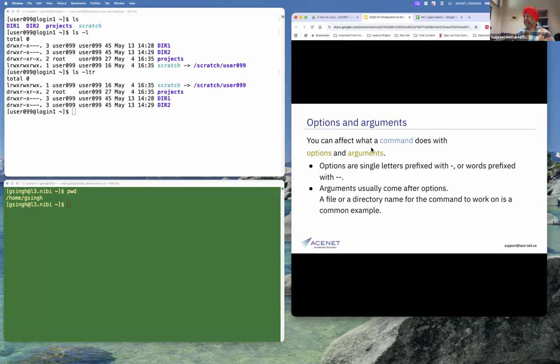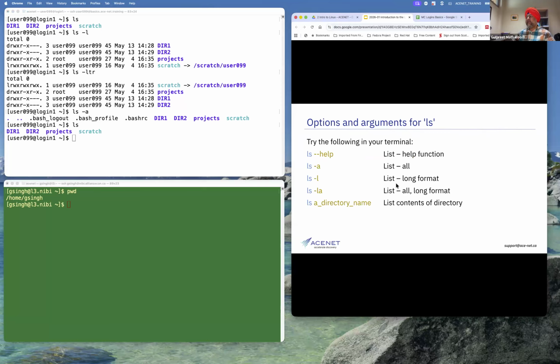And then one other option which is actually very useful is ls minus a. If I type ls, then I see just these four entries, whereas ls minus a means list all.